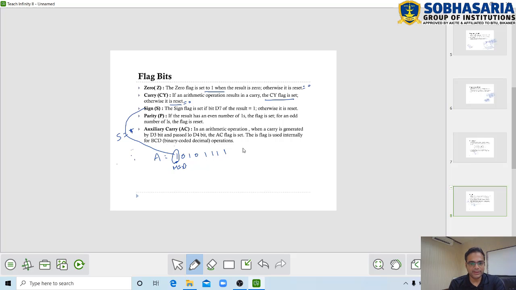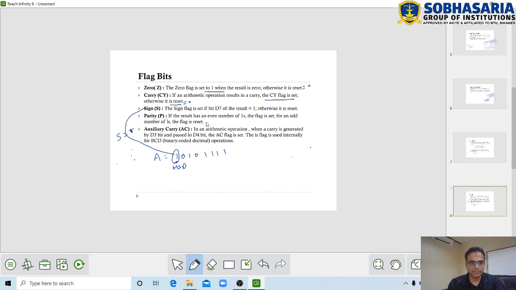And if any result is generated, suppose like this, an 8-bit result like this, then here you can see the MSB is 0. In such a case, the sign flag becomes 0. So whatever the status of the MSB will be the status of the sign flag bit. So this is how the sign flag works.